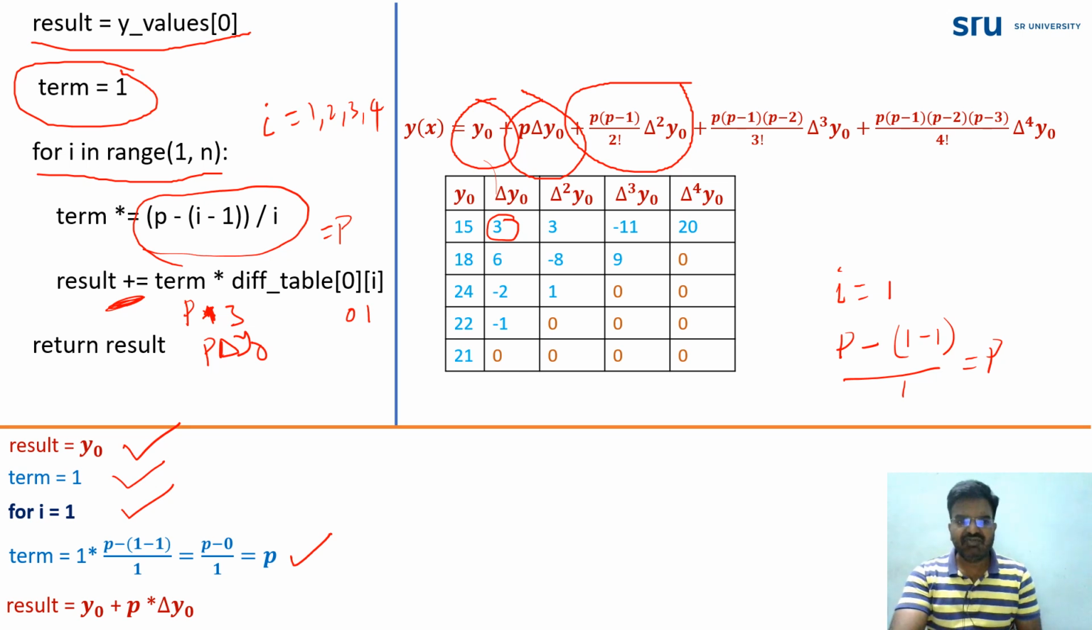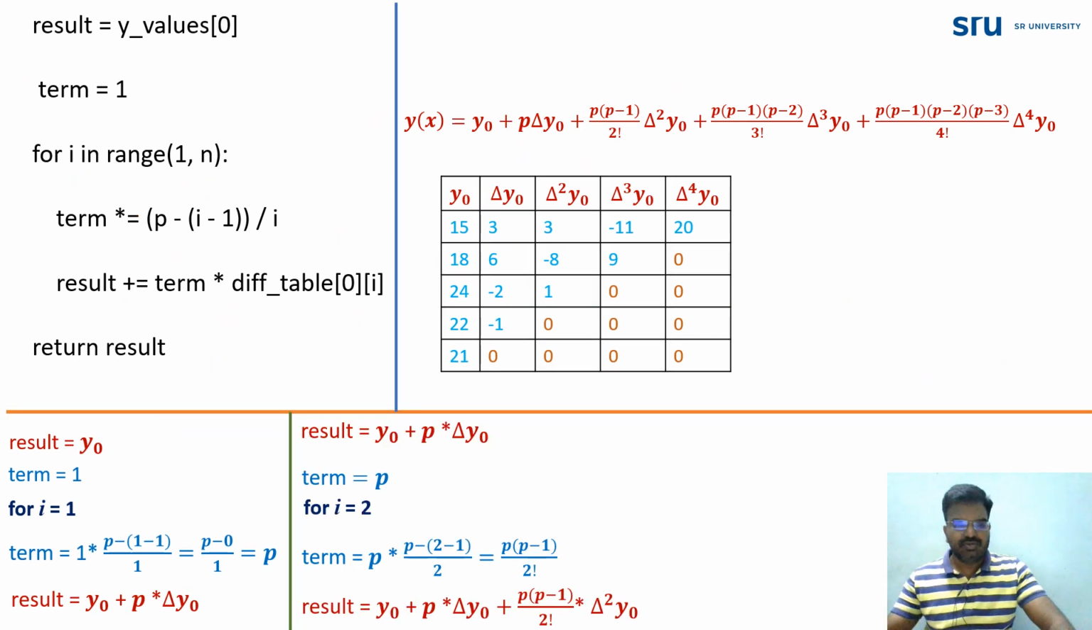In the next step, again we update that result. Now you can observe here. The initial value of the result is y naught. Now it is updated to y naught plus P delta y naught. The initial value of the term is 1. Now it is updated to P. At I equal to 1, the result and term both are updated. Now for I equal to 2,